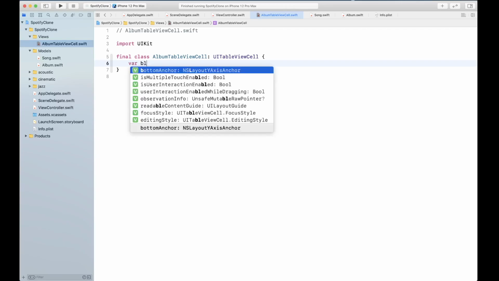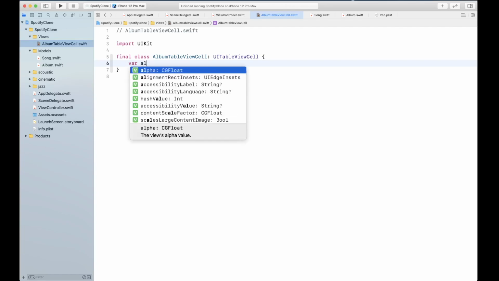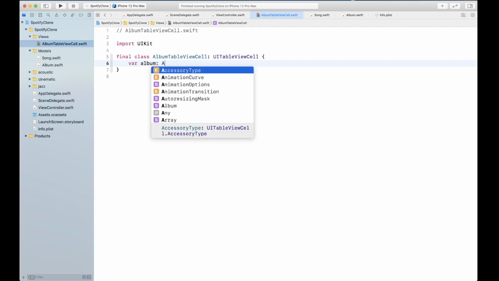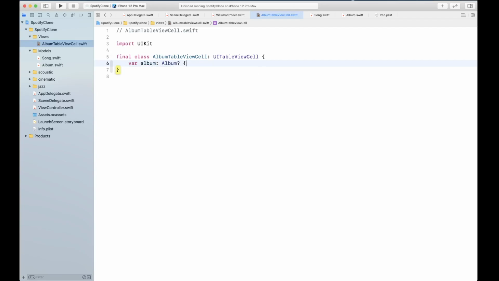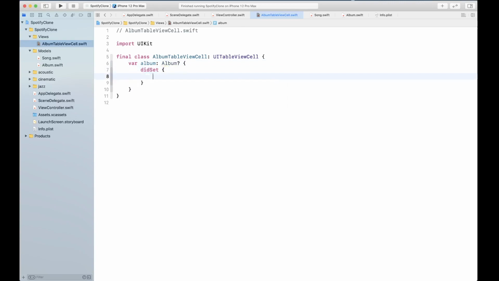Okay, so let's create an album property. So album, okay, and we're gonna put a didSet observer on this. So whenever this album object is set, we're gonna do some operation here. So we're gonna say if let album is equal to album. Okay, then we have some things to do here, and we're gonna come back to this in a minute,